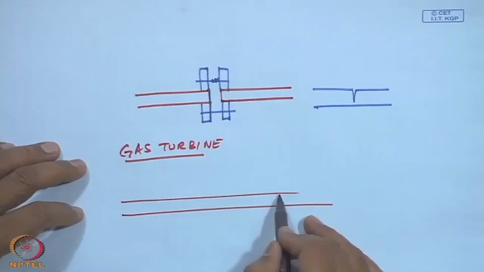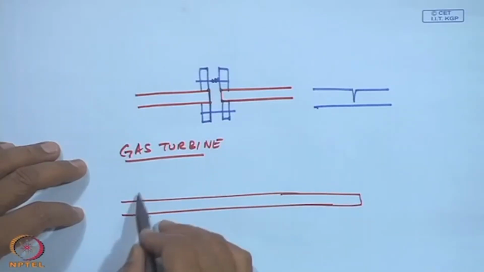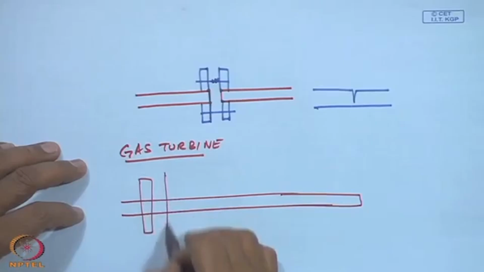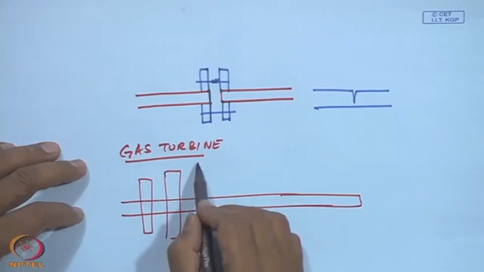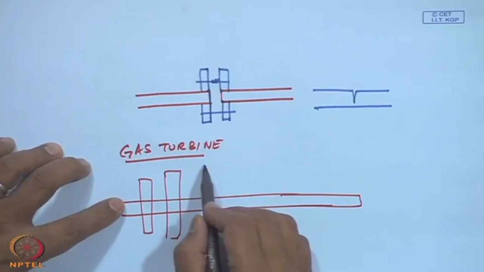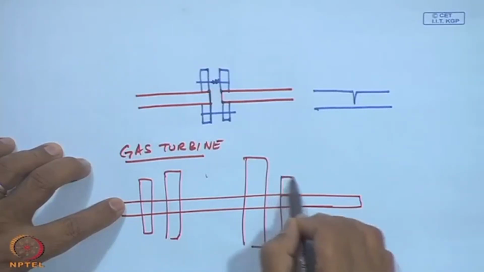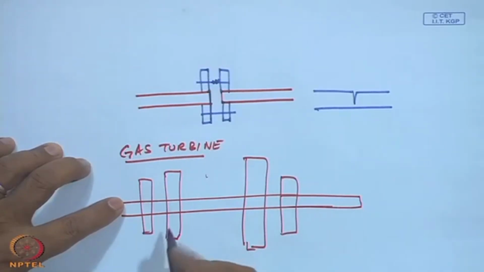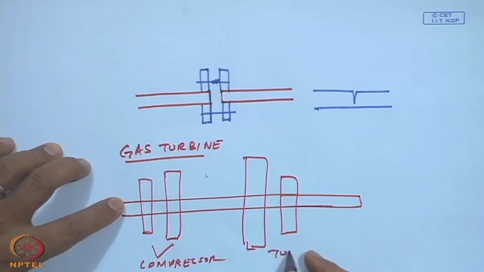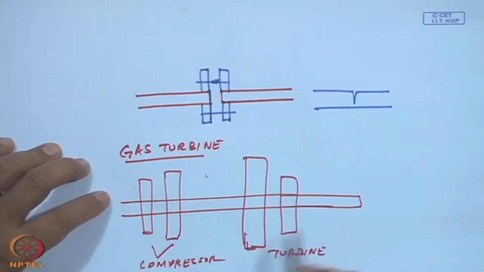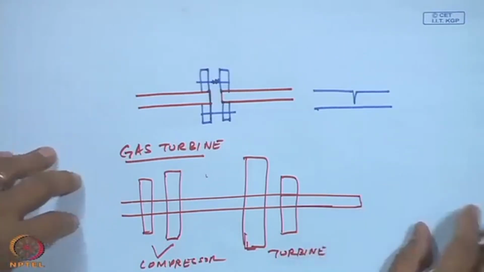A gas turbine has long rotors with sets of compressor blades, low pressure stage, high pressure stage, combustion, and then the turbine, etc. All these are sets of vanes. Compressor, turbine, etc. So, what we have to do is go through a modal testing